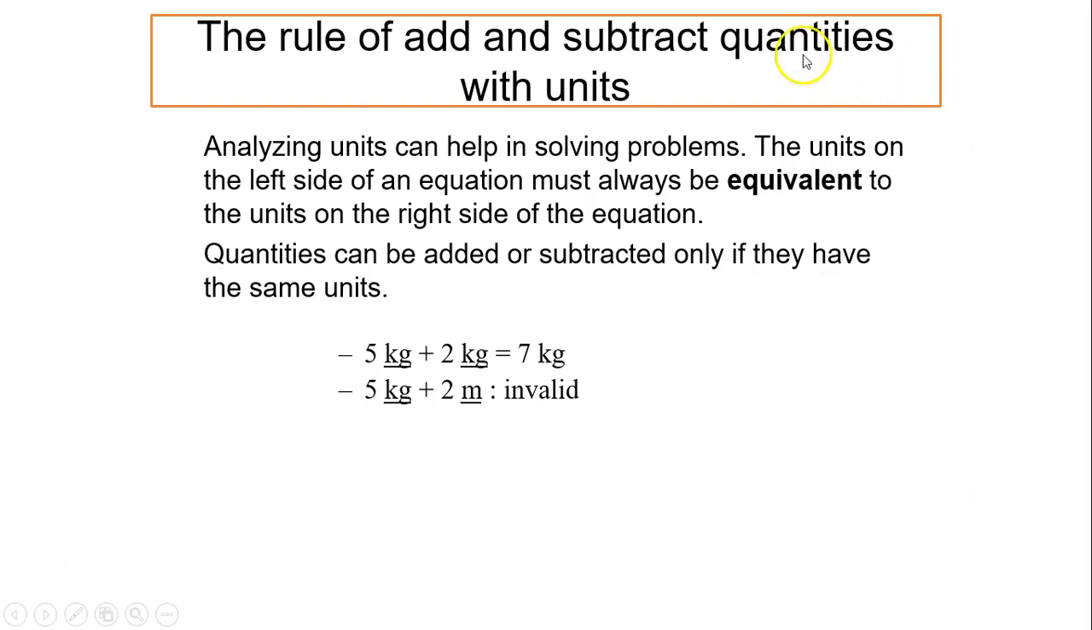Now, when we add or subtract quantities with units, we can only add or subtract if they have the same units. Otherwise, the expression is invalid. For example, 5 kilograms plus 2 kilograms equals 7 kilograms. That is a valid expression. 5 kilograms plus 2 meters, on the other hand, is an invalid expression. You cannot add these two quantities together because they represent different